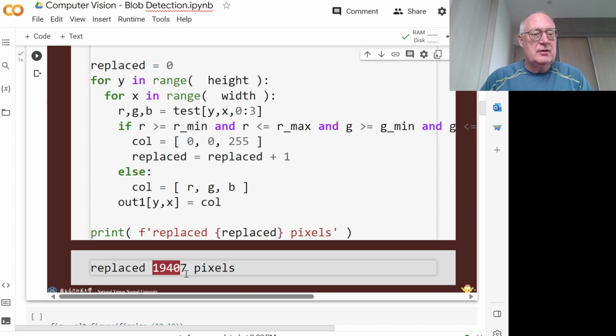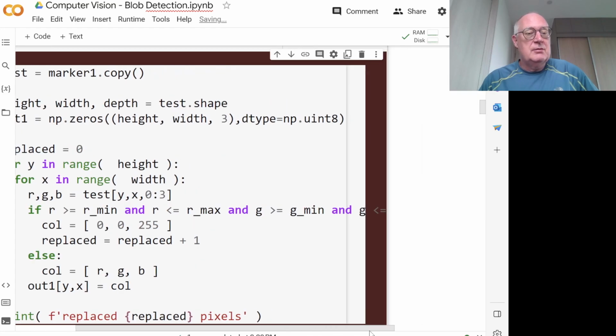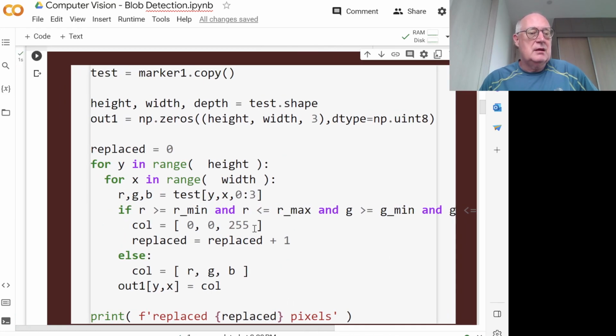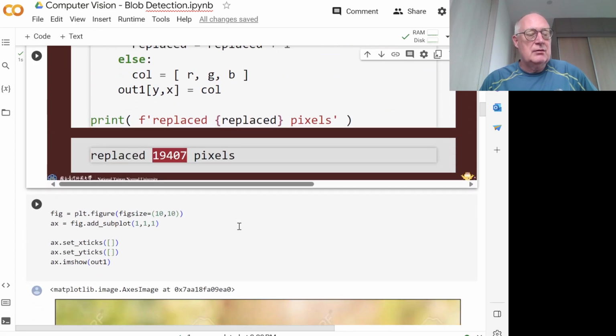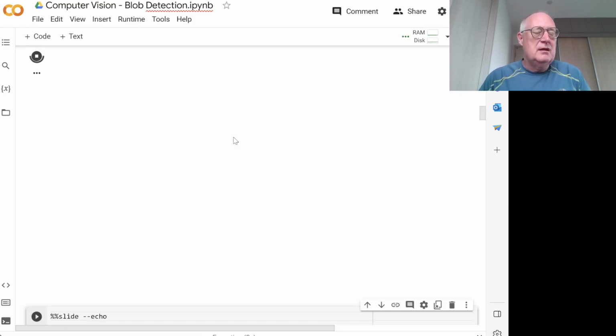So we found 1947 407 pixels. So I go through the image, I get RGB for each pixel, and then I check if R is greater than or equal to the R minimum and R is less than or equal to the R maximum, and green greater than or equal to the green minimum, less than or equal to the green maximum, and blue, and then if it is, I replace it with the blue color, and I count how many pixels I replaced. So then here's the output,